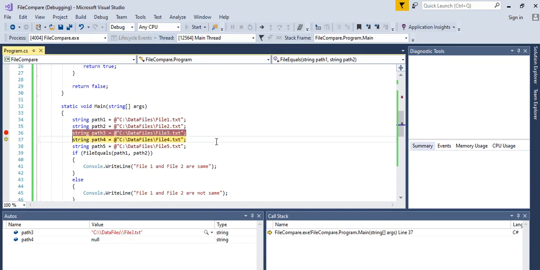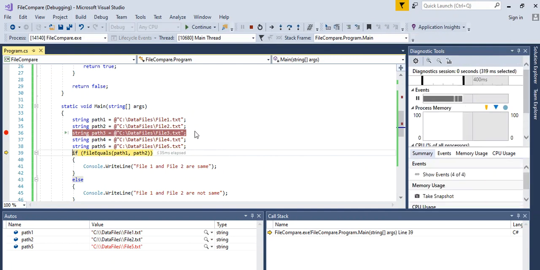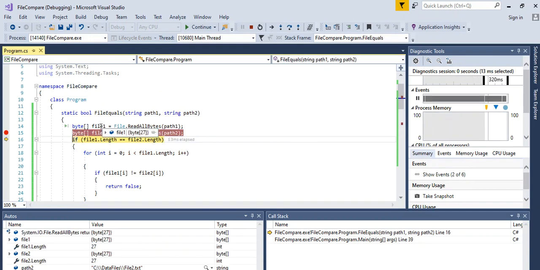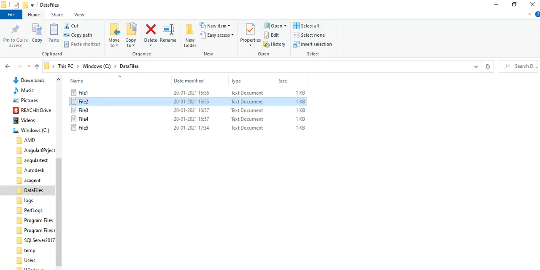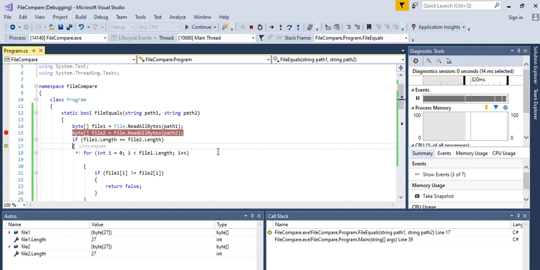So here, first I will compare file 1 and 2. Here I have just hard coded the file path of each. So see, I have just converted the file data into the byte array for both files. You can check the file paths, file 1.txt and file 2.txt, and all files are placed in a folder called data files. Here we know the size of both files is the same, so the if block will run.